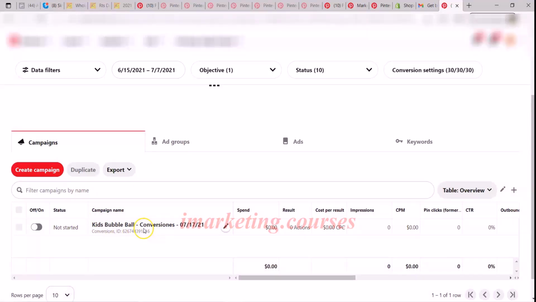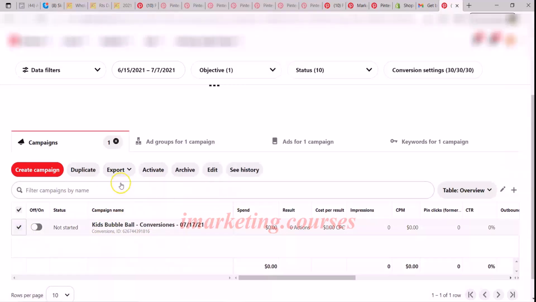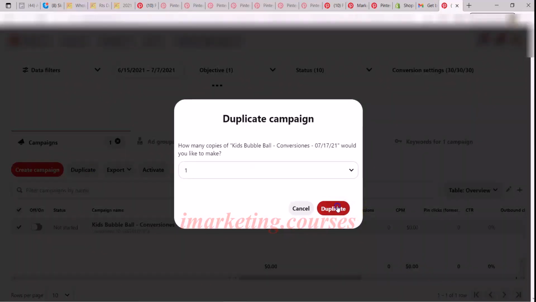So we're gonna do this as many times as the amount of products we wanna launch. So let's say you wanna launch 10 products, you will make a different campaign for each product. So once you have the initial setup done with one product, what you can do is just click here, click on duplicate once,